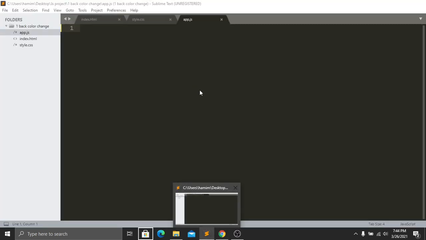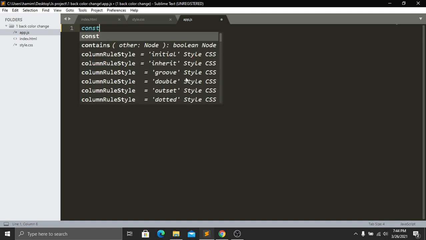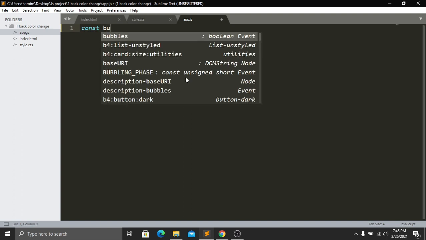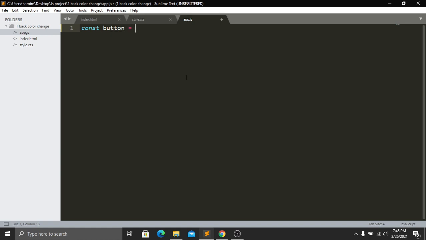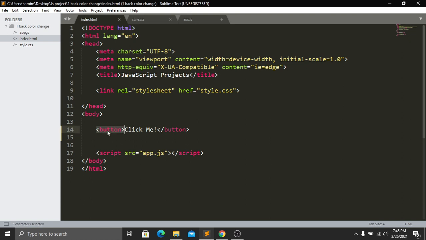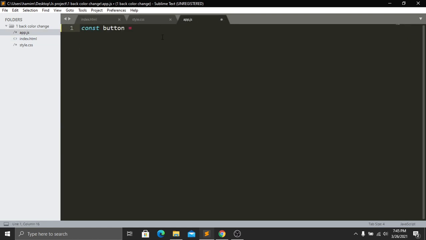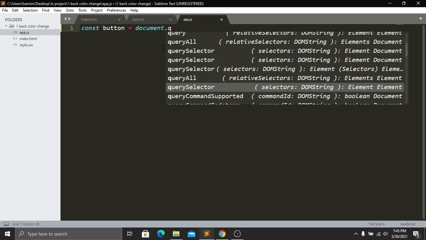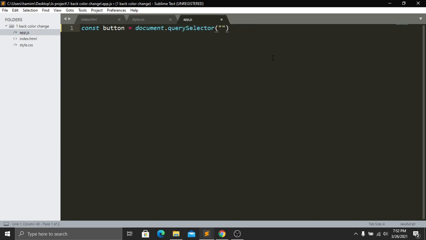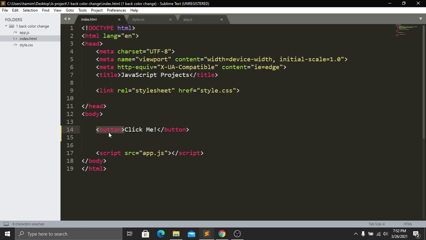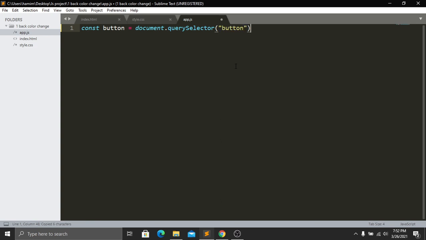So now we have to initialize our click on the button in our JS file here, and here it will be const, and then here I will take a variable, and the variable name will be also button. And then we have to take the button. Here you can see that we have the button in our HTML file. Now we have to take this button and add it here. So for doing this, in our JavaScript we have a module here, and it will be document.querySelector. And then here we have to write a value, and the value will be button because we want this button here. So copy this button from here and then paste it here. That's it. Like this one.